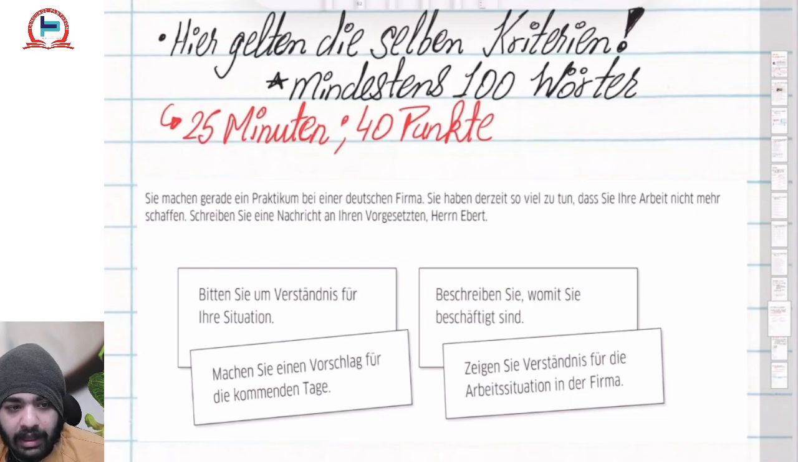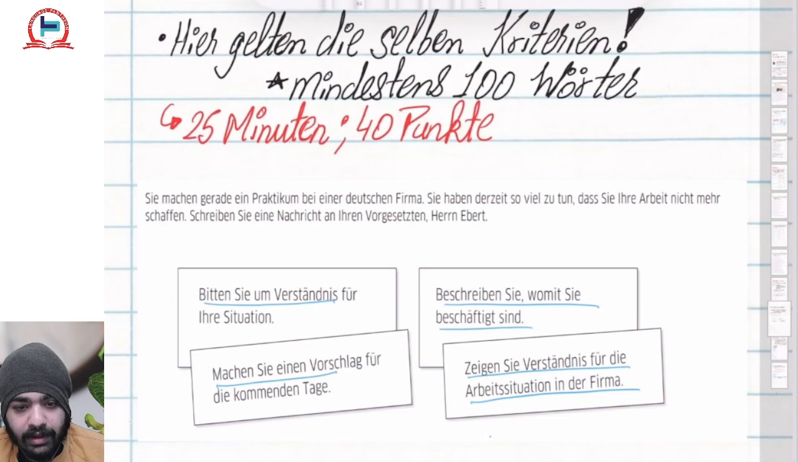Okay. Again, here they give you a certain situation and ask you to fulfill certain things, to include certain things in your Schreiben, in your writing. Sie machen gerade ein Praktikum zum Beispiel bei einer deutschen Firma. Sie haben derzeit so viel zu tun, dass ihre Arbeit nicht mehr schaffen. Schreiben Sie eine Nachricht an Ihren Vorgesetzten, Herr Ebert. Bitten Sie um Verständnis, machen Sie einen Vorschlag, beschreiben Sie, womit Sie beschäftigt sind und zeigen Sie Verständnis. So they ask you for certain things, request them for the understanding, make a suggestion, describe with what you are busy, show understanding for the work situation in the company. Okay, so you should be fulfilling all these things. Okay,